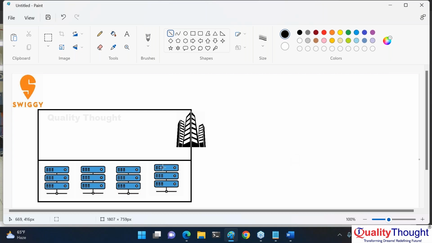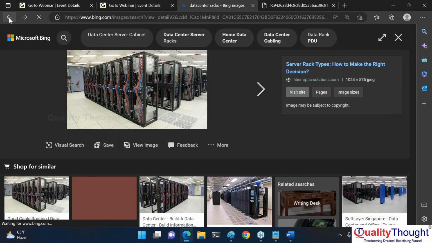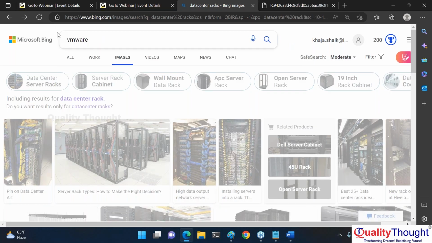So this server might have 32 virtual CPUs and 256 GB of RAM. So running one application on that is not a good idea. So generally what they do is, I'm quite sure that you might have heard about the name VMware.